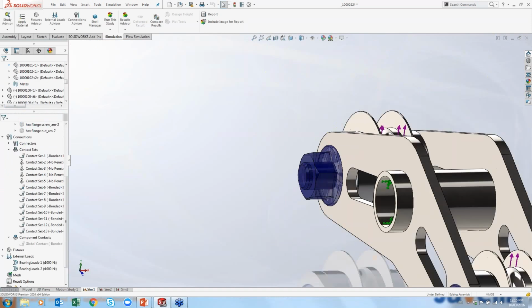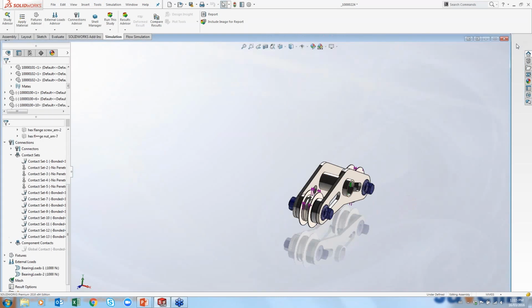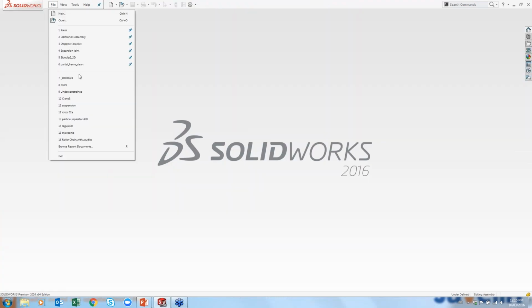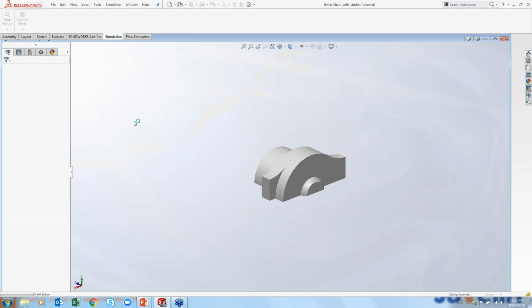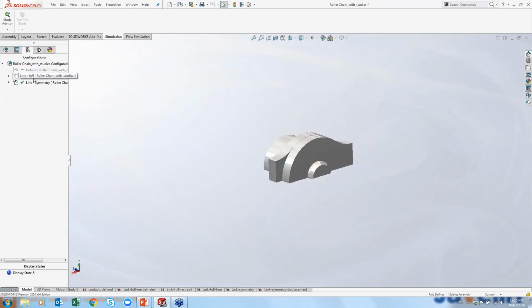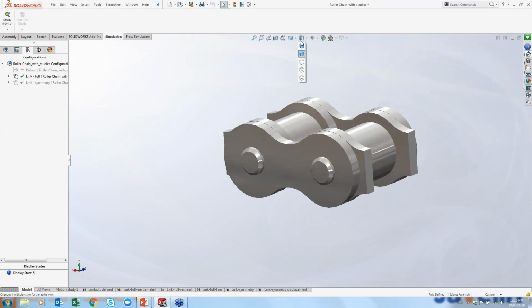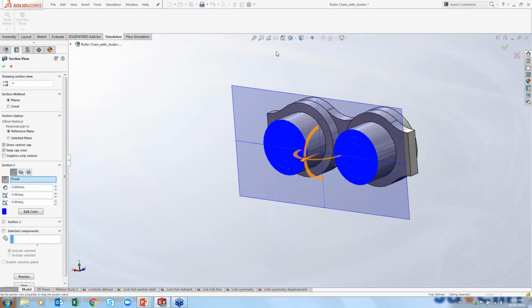Now, we'll look at a couple other examples here too. Let me open up a quick chain example. So I'm going to take a quick look at this chain right here, and I'm just going to pop back to one of my full chain links. So we're looking at a roller chain here, guys, and there's a lot of parts inside this. If I do a quick section